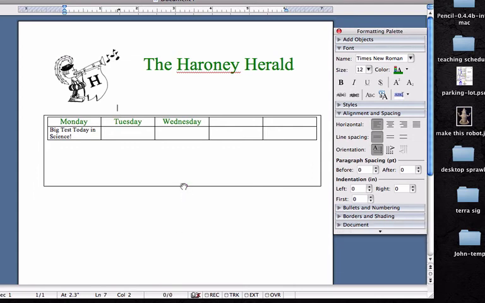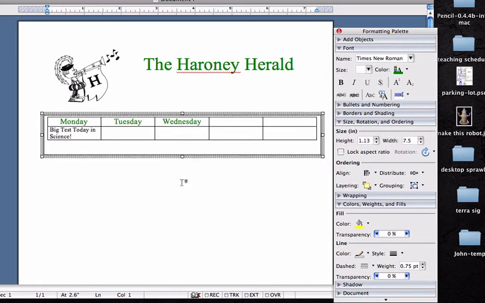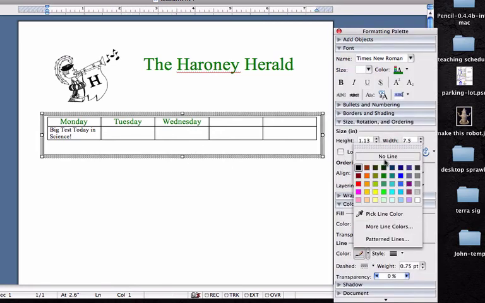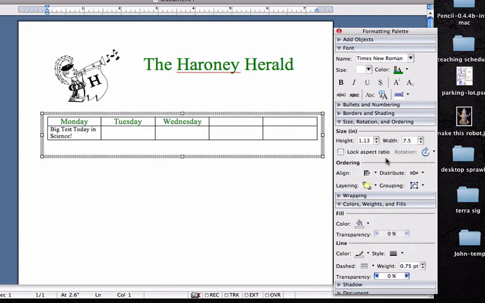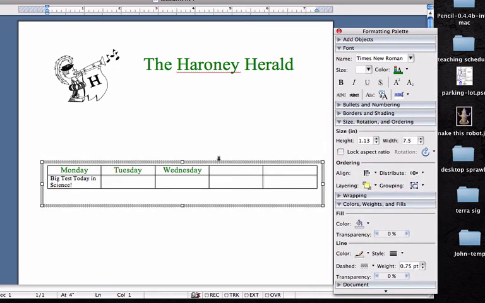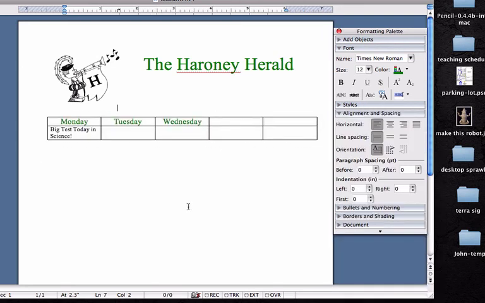The other thing that you can do is you can resize this text box, and so I can make that a little bit smaller. And just like I did with the top part of this page, I'd like to get this line on this text box to disappear. So I'm going to click on it. So line, no line. And so now that line has disappeared. And so now I've got a calendar that I can move anywhere I'd like on this page, the same way as those other things. And so I hope that helps you get a few objects laid out into your classroom